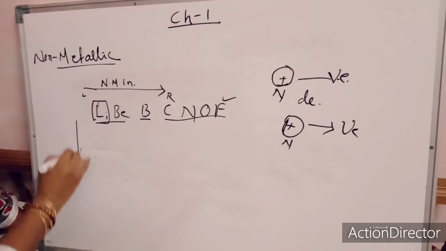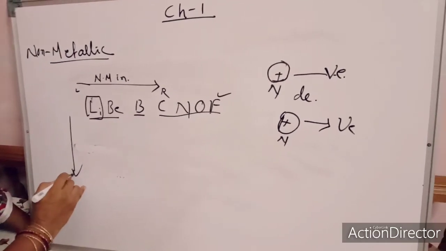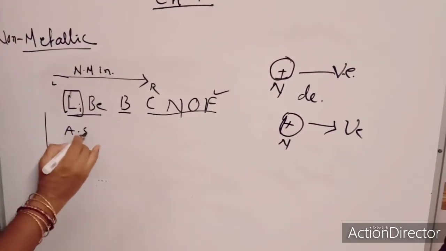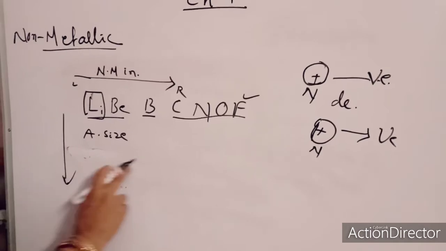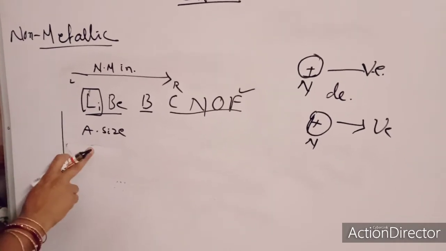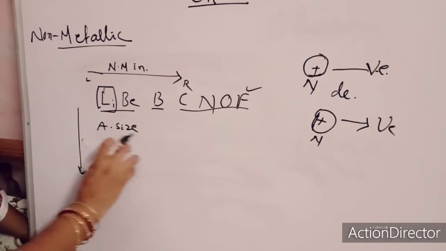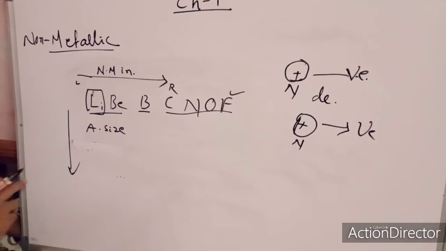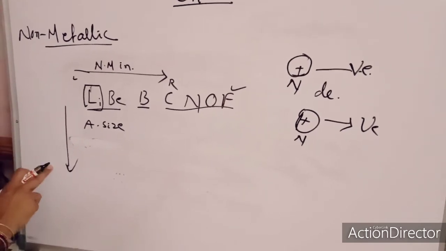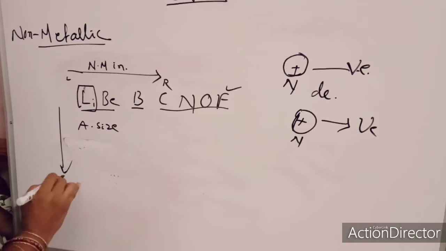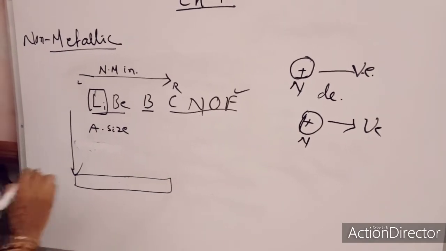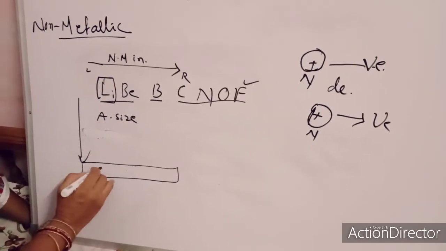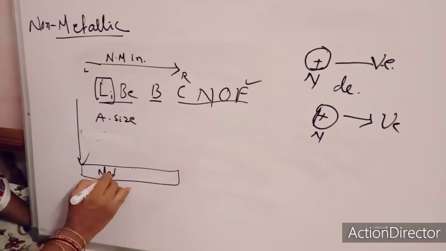Again, when you are going down a group, a downward arrow means you are showing the group. When you are going down a group, atomic size increases, in all 18 groups. That's why the hold between the nucleus and the outermost shell decreases, so gaining an electron becomes harder. That means in all cases non-metallic character decreases. In the 7th period, all the groups have metals only, no non-metals.